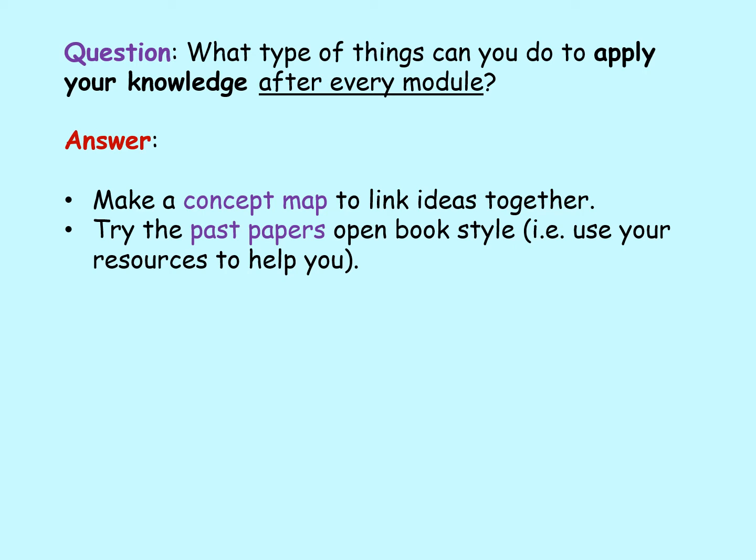If you get stuck on questions, that's not a bad thing. That's part of learning. So when you do homework questions, practice questions, past papers, if you get stuck and your resources don't help you, then come and get help. Ask a teacher. Don't look at the mark scheme. That isn't the way to learn. You need to train your brain how to solve that problem. How would you tackle it if you were given a similar question next time? It's far better to get a clue from a teacher than it is to just look at the mark scheme and think, yes, I would have put that. So try past papers, open book style, get help when you need it,